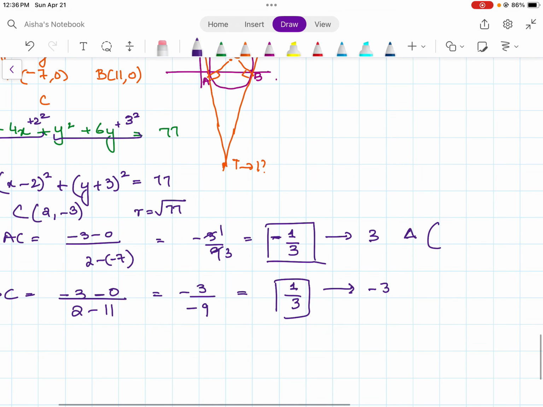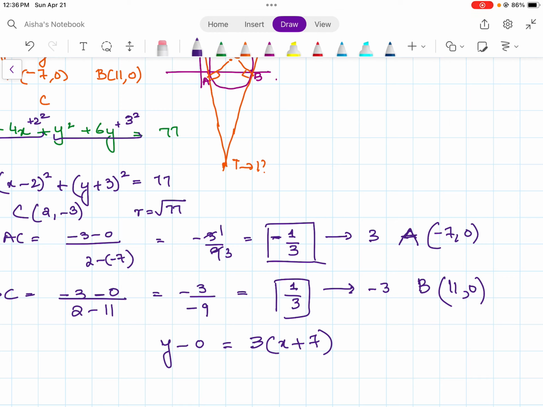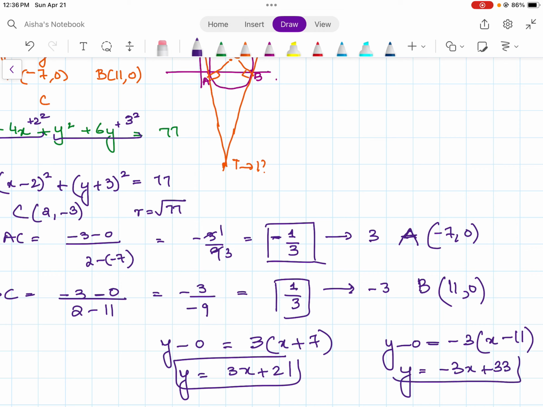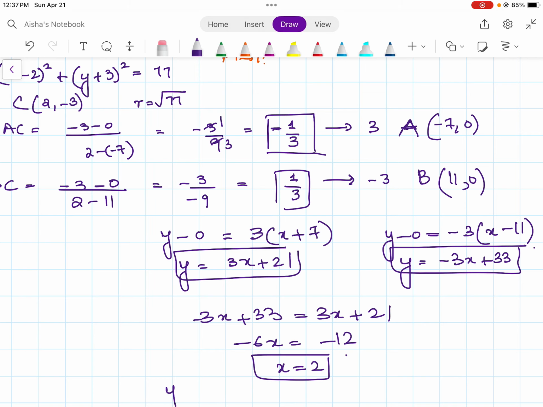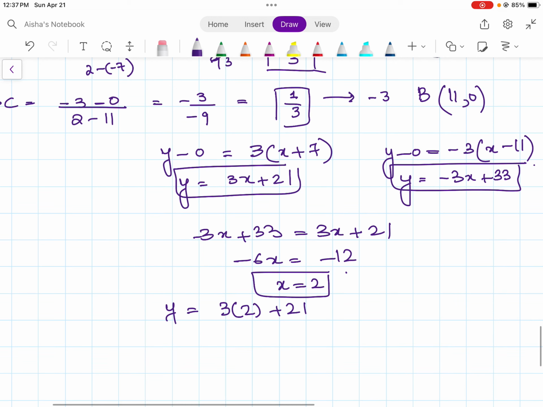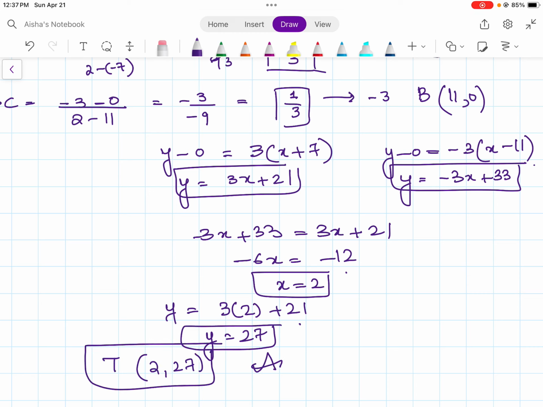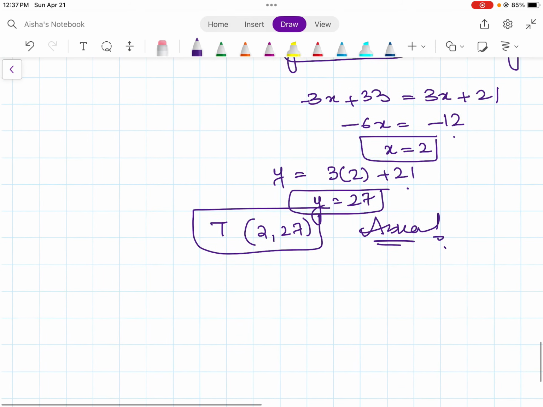A point is... now solve them simultaneously. You'll get full credit of 6 marks. Okay, now